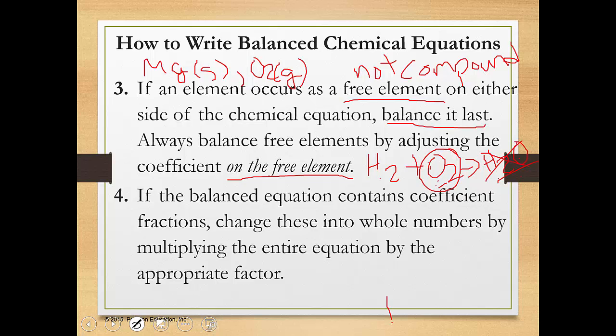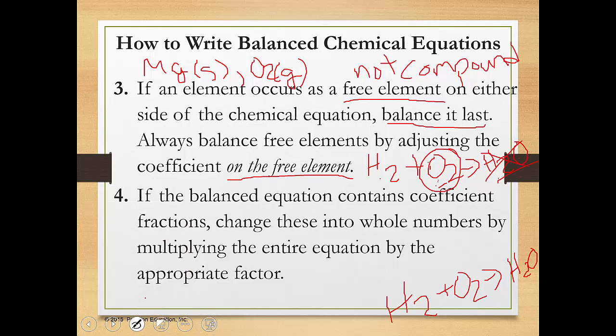So what I could do, H2 plus O2 yields H2O. Now, again, by inspection, this is a simple one. They're not all as simple as this. You could say, well, if I changed H2O, then I could change hydrogen over here, and that would balance out quickly. Yeah, but theoretically, the easiest way for me to balance